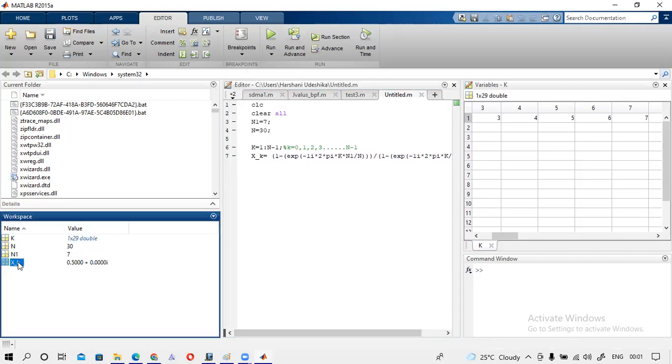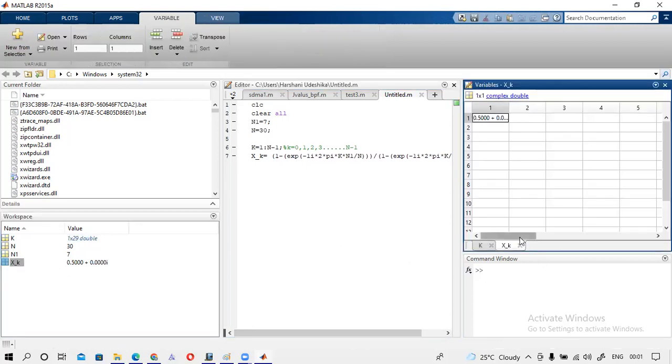You can see that xk is calculated when this k